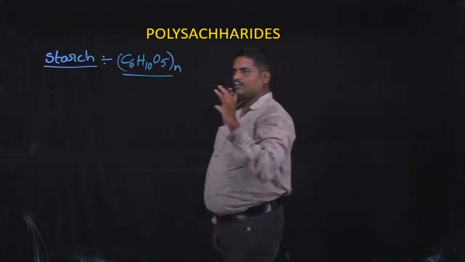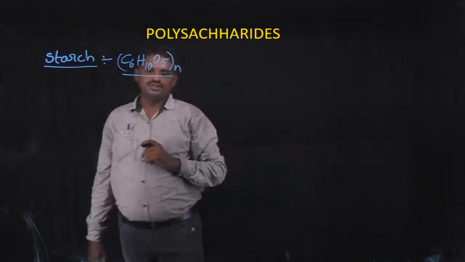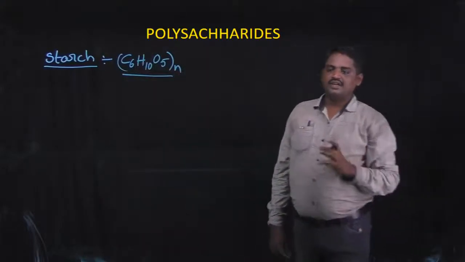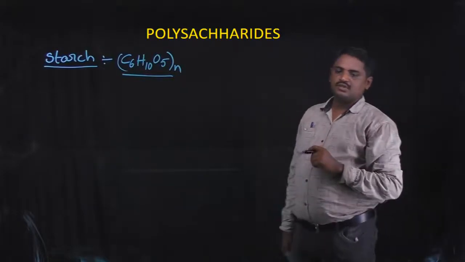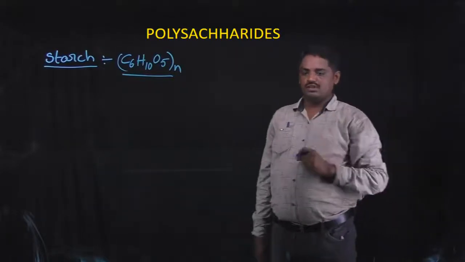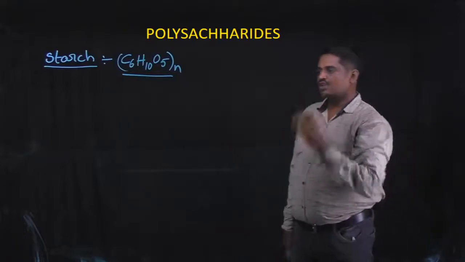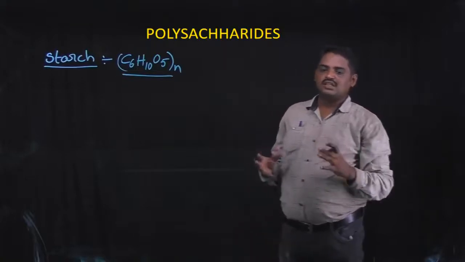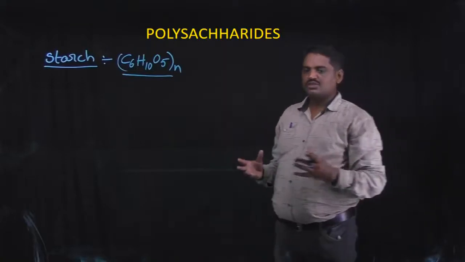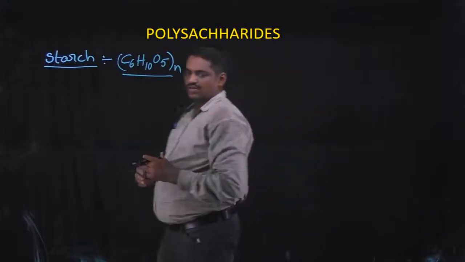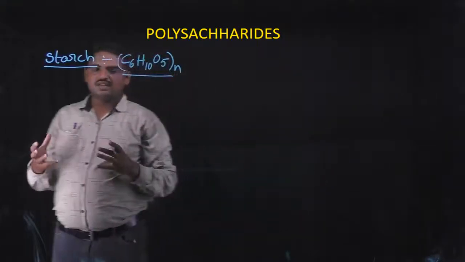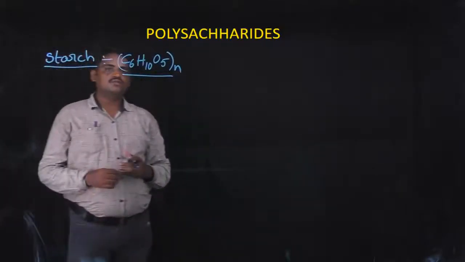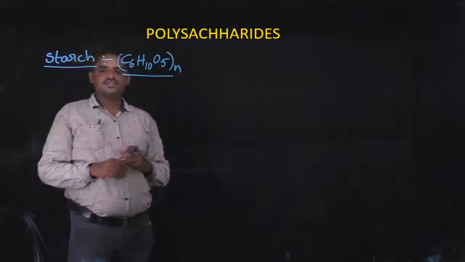It is one of the polysaccharides. So, what is the meaning of polysaccharide? Generally, the structures of polysaccharides are observed as amorphous solids. So, the polysaccharides are smooth powders. Starch is one of the polysaccharides. The physical state of starch is an amorphous solid, clearly observed as a smooth powder. Okay, this is the general formula for starch.